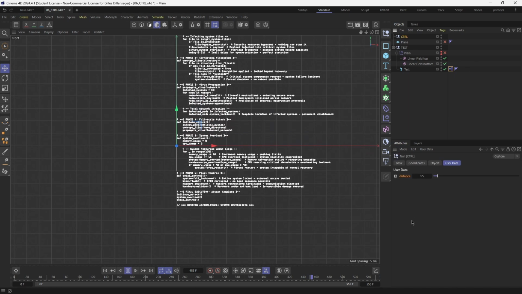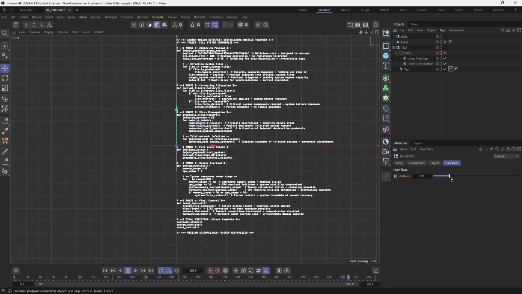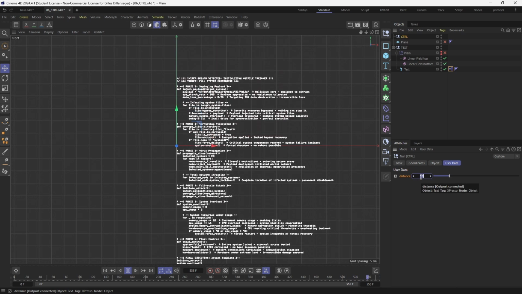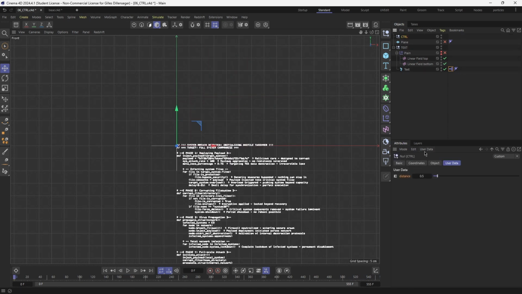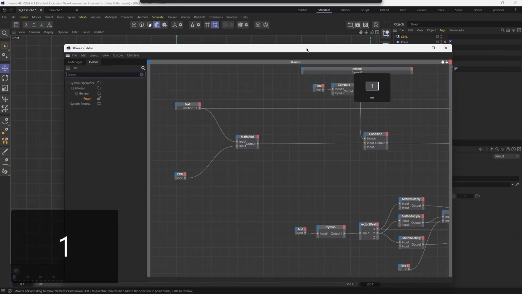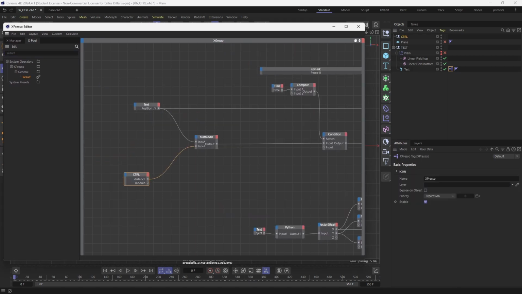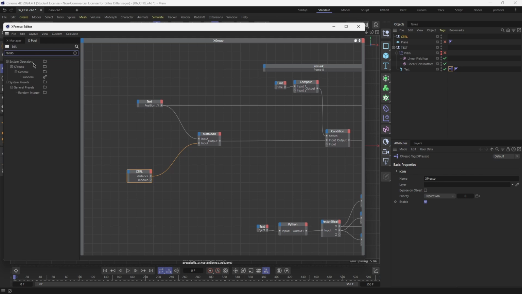So now we have some control over the speed, but we don't want this to move constantly. We want to add some randomness to that. Let's add another user data here, and I'm gonna call this one modulo. I want this to be an integer, and the interface should be a slider. Let's set this to 10 as well, and the default value here could be 5. So let's go back to the Xpresso and I want to add this modulo to the control. So here we're going to look for a random,